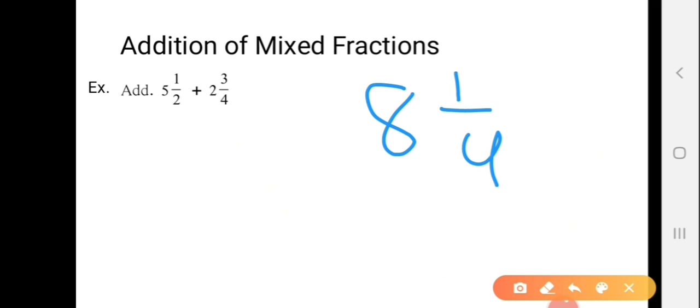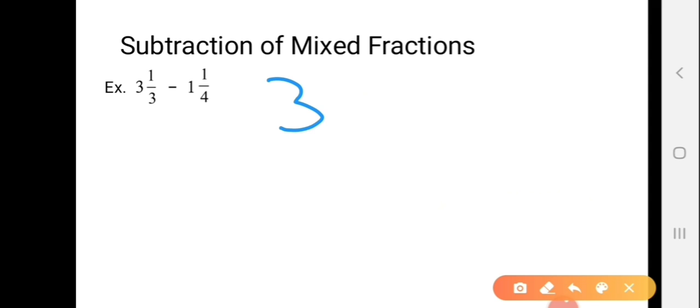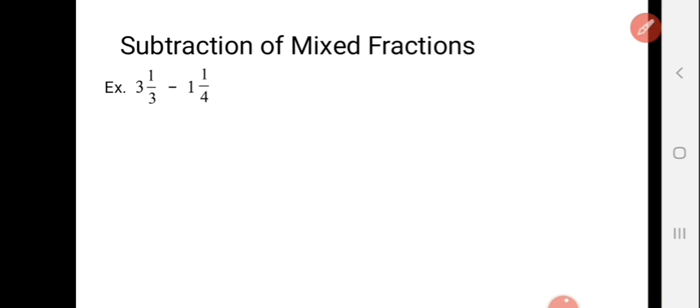Now let's move on to the next topic, subtraction of mixed fractions. In subtraction of mixed fractions, it is a little bit tricky. You have to subtract the whole numbers, okay, then you get a difference. So here we get the difference of 2, and then you have to add this 2 with 1 by 3 minus 1 by 4. So let's start with doing it. Our difference was 2. We will just note it down here, note it down in your book also, okay.